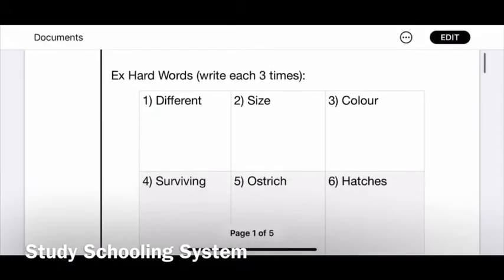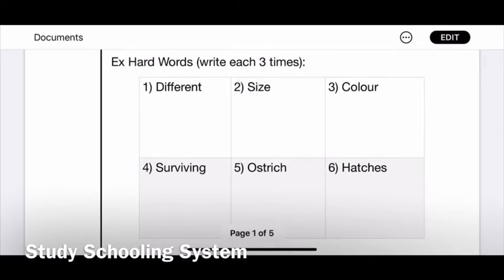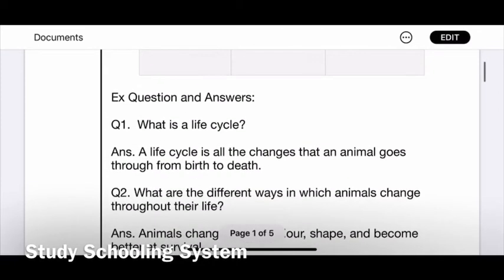Now come to a new page. So first you will do exercise hard words and write these 6 words 3 times. Different, size, color, surviving, ostrich, hatches. You will write them 3 times. Good job. Now come to exercise question and answers, which some of them are from the book and I have